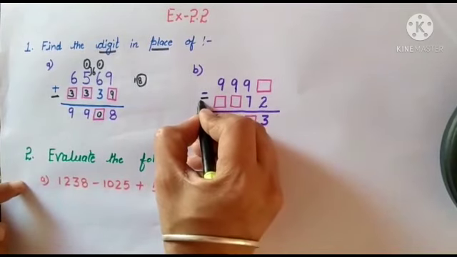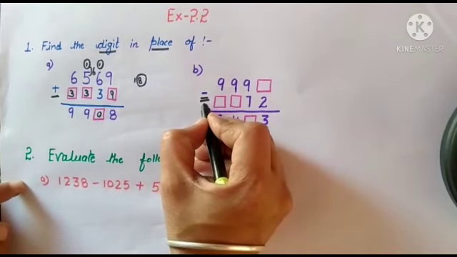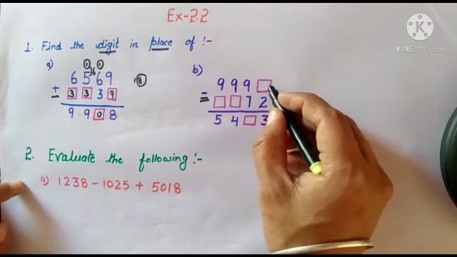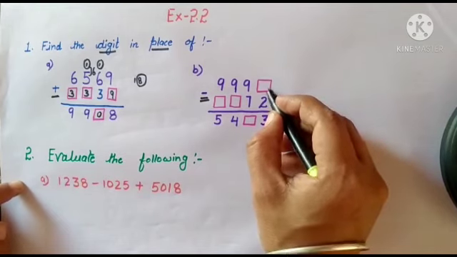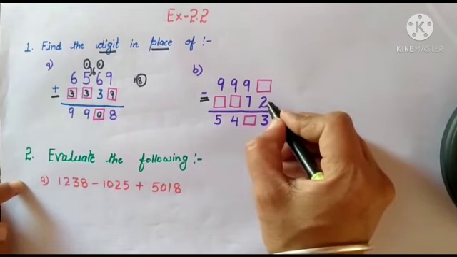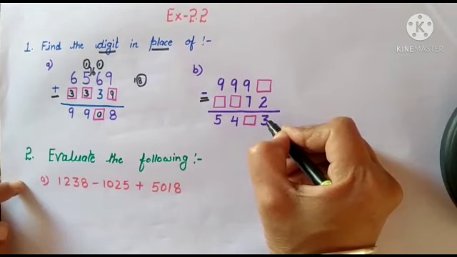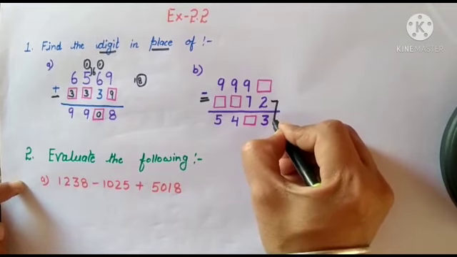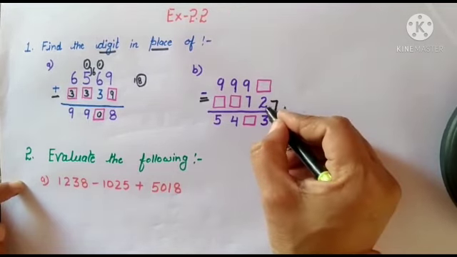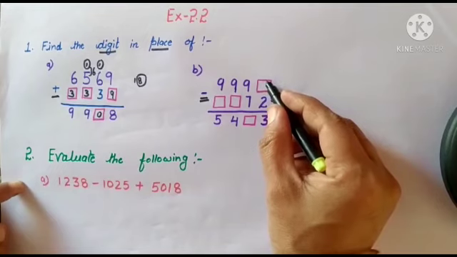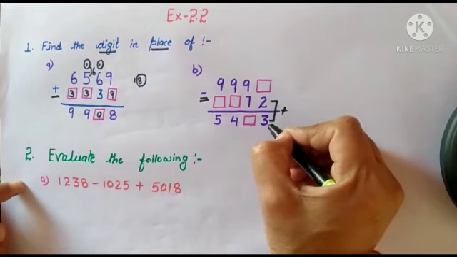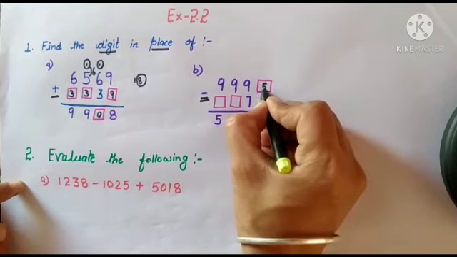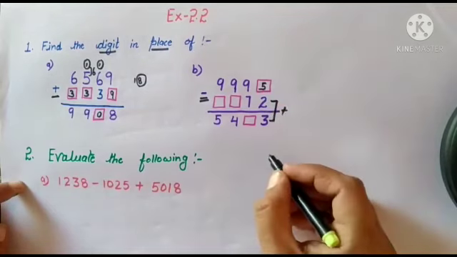Here the sign, you see, is minus. Okay. What should the number be here, by which 2 will be deducted and the answer will come to 3? So what trick do we have to use? We will add this 2. So to find out the digit we will add this 2. 3 plus 2, 5. So 5 minus 2, 3 will come.